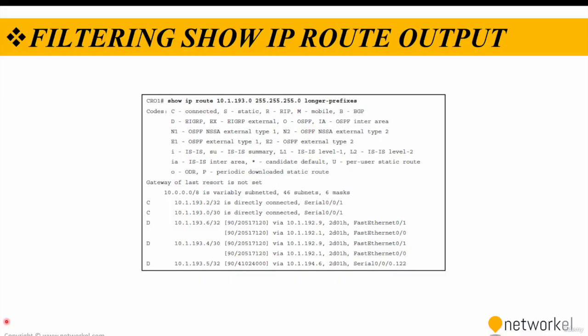For example, we have one command named longer-prefixes. The usage is something like that: show IP route, you type the route with a subnet mask followed with the longer-prefixes keyword. This command is used in Cisco devices to show the routing table entries for IP routes with prefixes longer than the specified length. It is particularly useful when you want to view routes with specific subnet masks or when troubleshooting routing